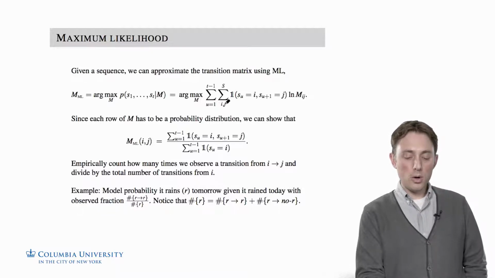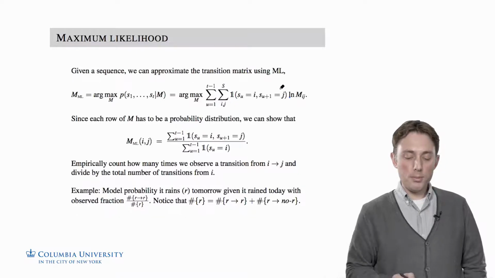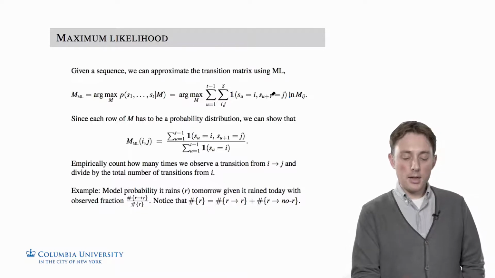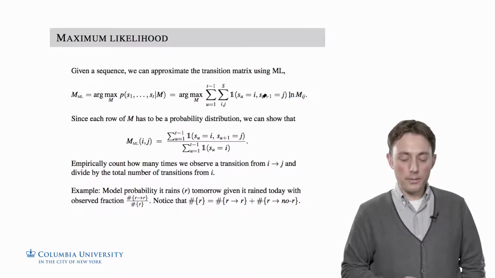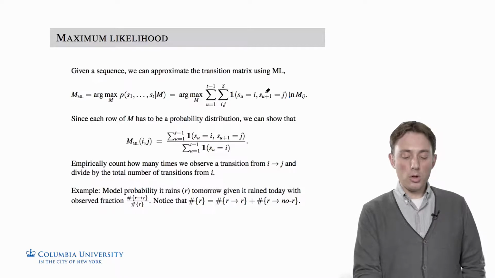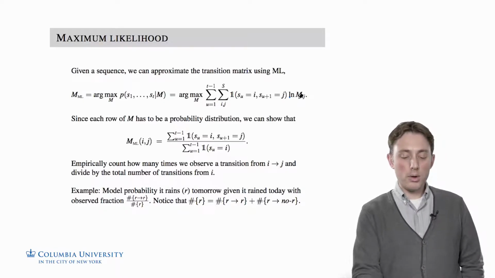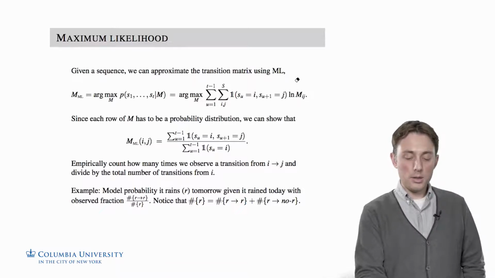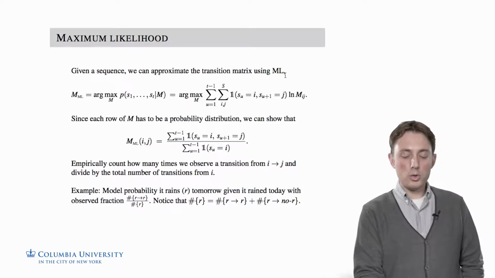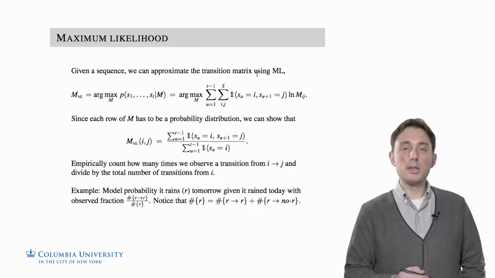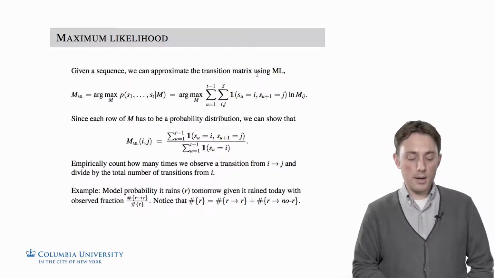We have a sum over the index, the states at two different time points. So given we're at time u and we're in state i, and we make a transition from state i to state j, where we're now in at time u plus 1, we have to sum over all of those possible indicators to pick out the correct event. And then that is going to pick out the correct log probability. So this is the log joint likelihood of an individual sequence given M.